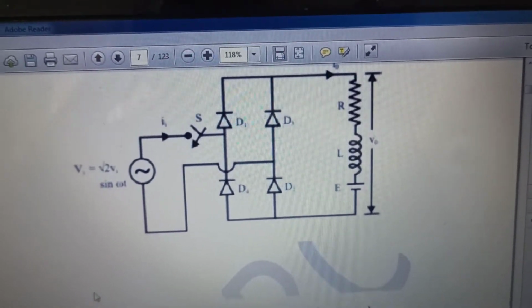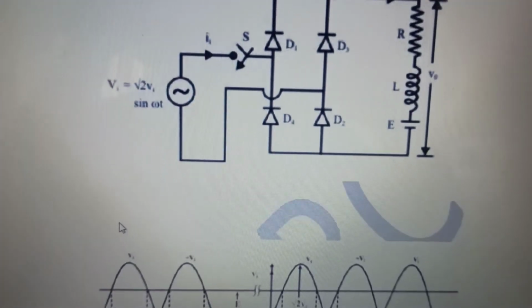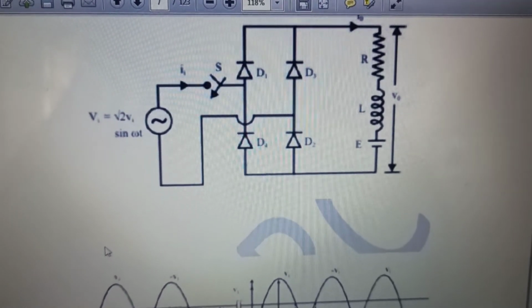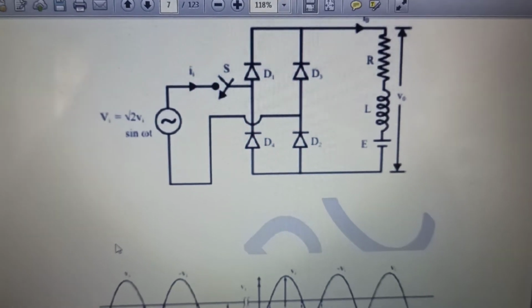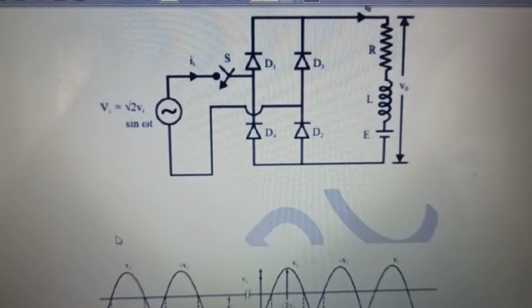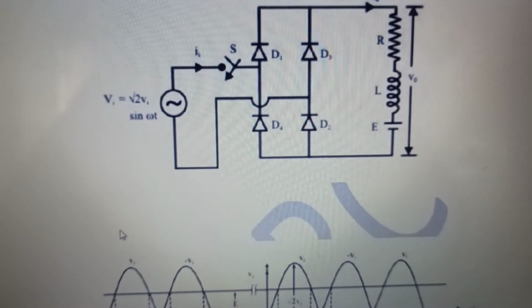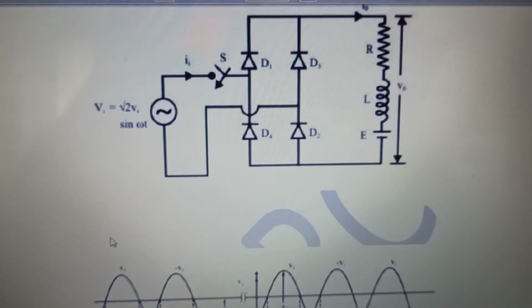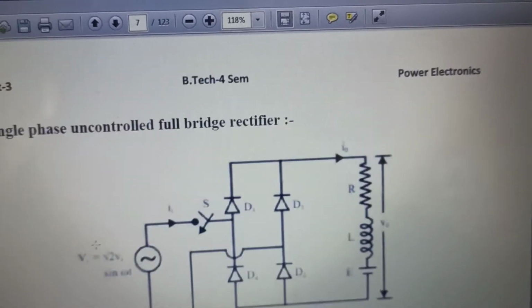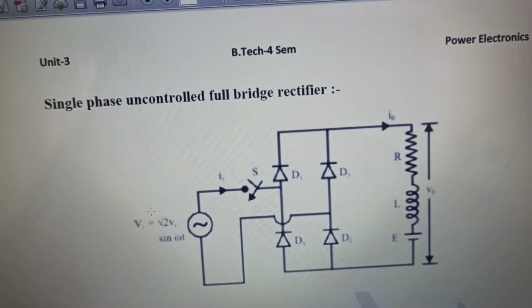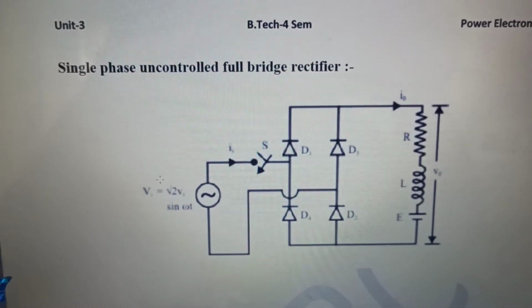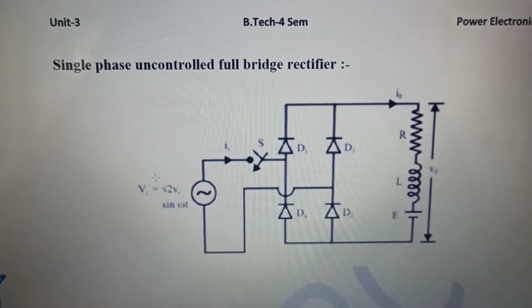So, today we are going to discuss a full bridge rectifier, obviously an uncontrolled full bridge rectifier. It has to be uncontrolled, and how it is feeding an RLE load. The RLE load is the most important load. First of all, try to understand this thing. The RLE load is the most important type of load. Why is it most important? Because of two factors. It is the practical load.